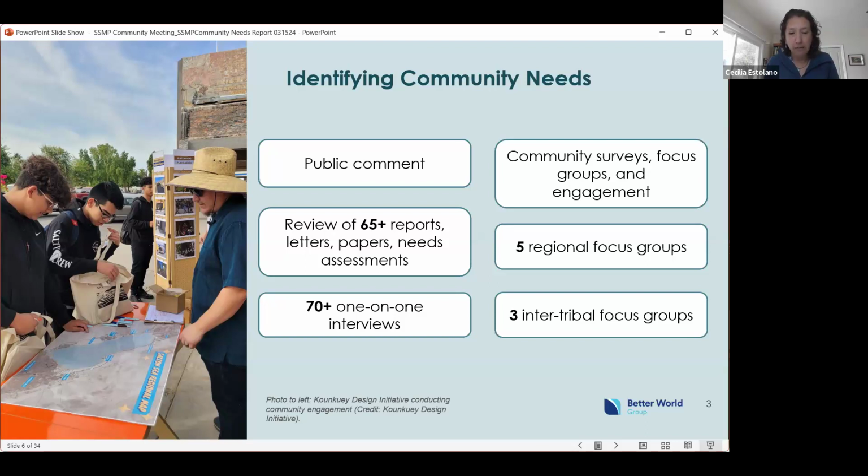And finally, community surveying and focus groups and other types of community activities were conducted by our partners, Conservation Design Initiative, and by the Imperial Valley Justice and Equity Coalition and others. So that pulled all together a very rich amount of data and expressions of community needs that we then assembled and categorized and then used as a basis for developing recommendations. Next slides, please.